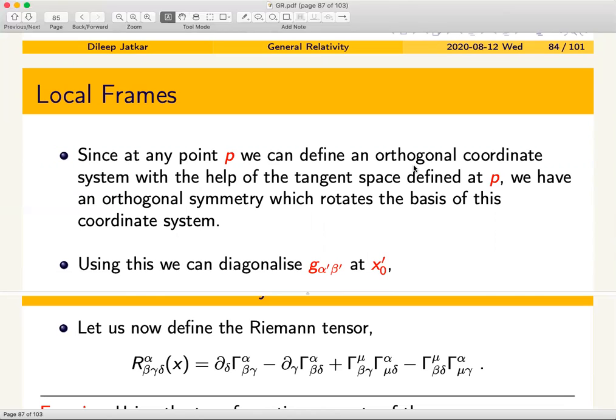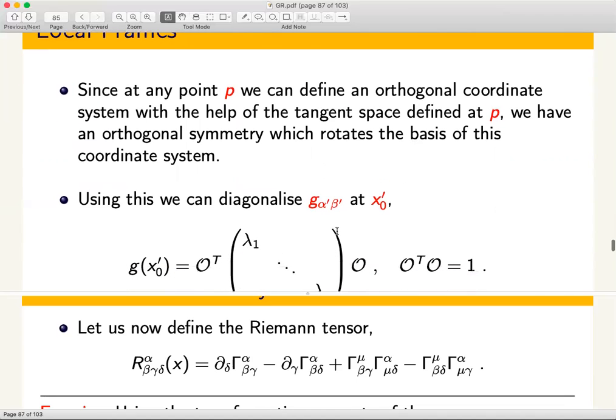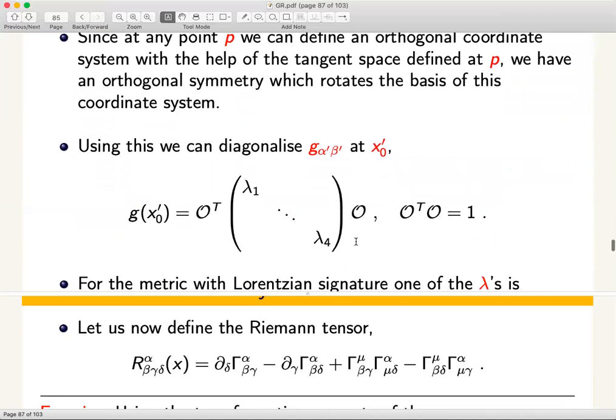Okay, so we can use this orthogonal transformation to diagonalize G alpha beta at this point. There may be an orthogonal transformation which will bring this into a form with some eigenvalues lambda 1 dot dot lambda 4. Now there is no reason why these numbers should be exactly the same as what the Minkowski space numbers would be, but at least they could be brought into this form. Only thing is that, given that the metric G has a Lorentzian signature, out of these 4 lambdas,